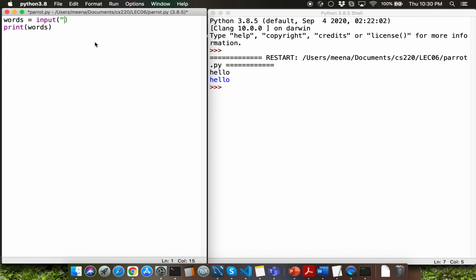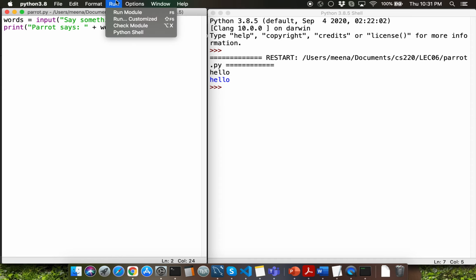So I'm going to type in double quotations and within that I'm going to say something. Let me add in an additional description for the print function call as well. I'm going to say parrot says, and this time I'm going to use the plus operator to concatenate the two strings here.